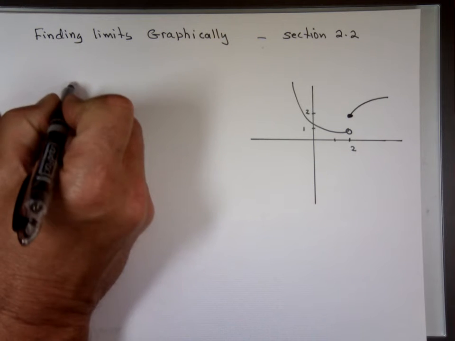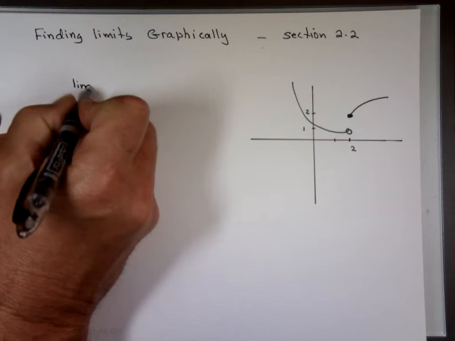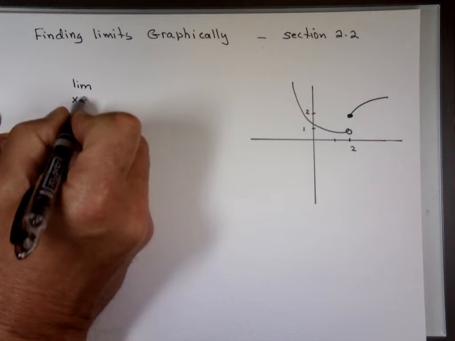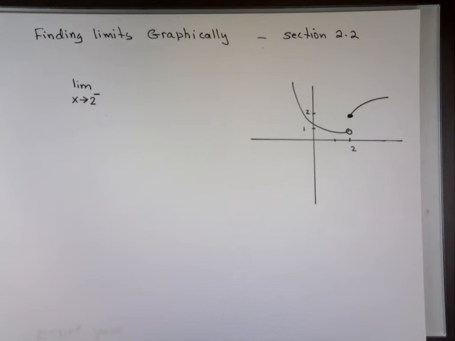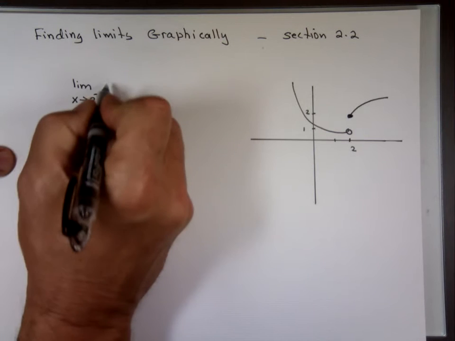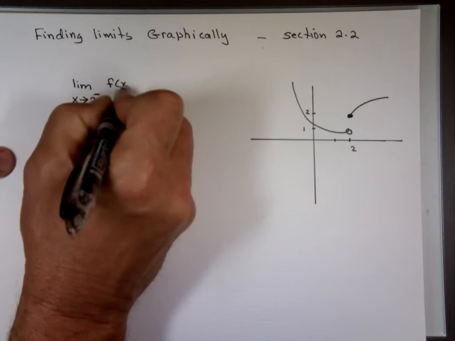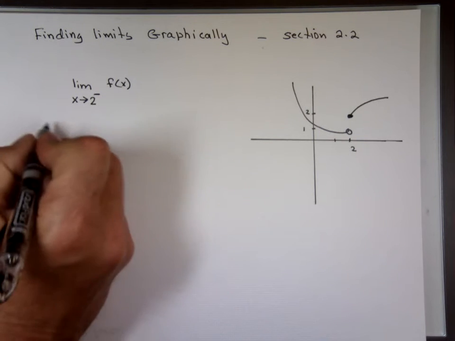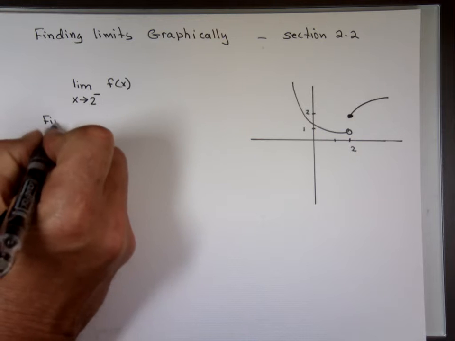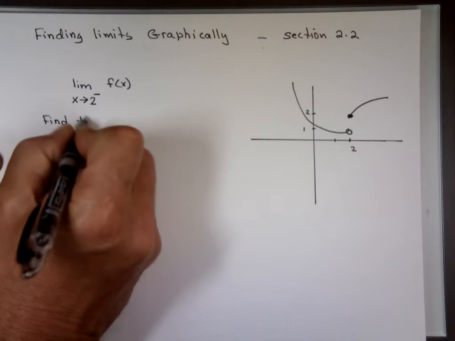Now, if I ask you to find the limit as x approaches 2, and I put a minus on it, like this, of that function, what does that mean? It means it's approaching from the left. Yes. It means the question has really become: find the y value